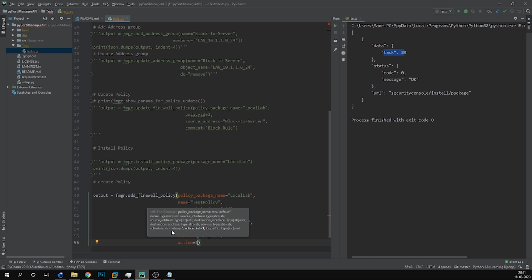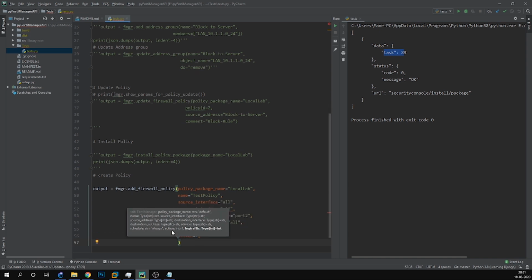Action equals 0 means we will deny this rule. And the log traffic, we will log all the traffic. Here it could be three options. 0 is for no log, 1 is for logging the security events, and 2 is for logging all events. So we'll keep it as 2. And let's keep the source interface as port 1.